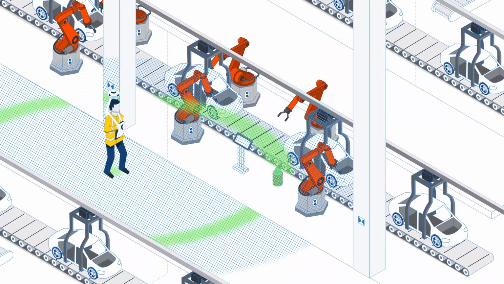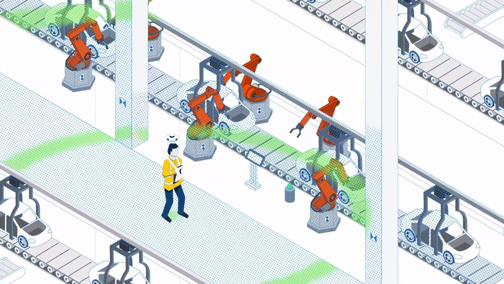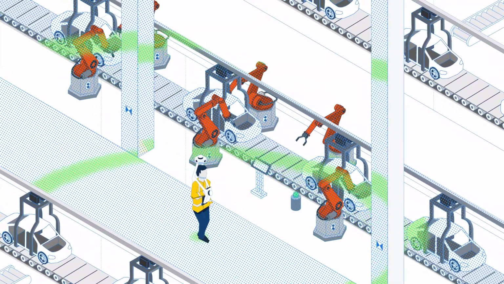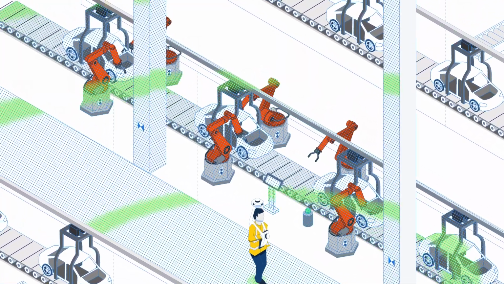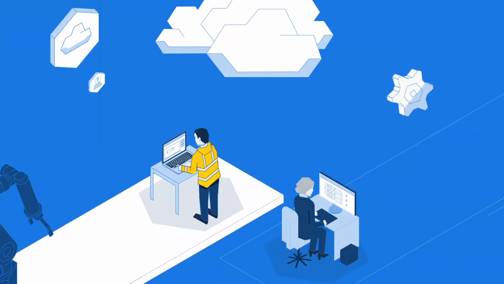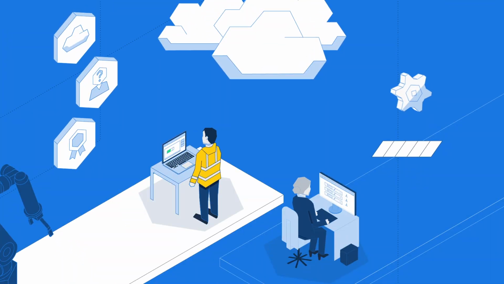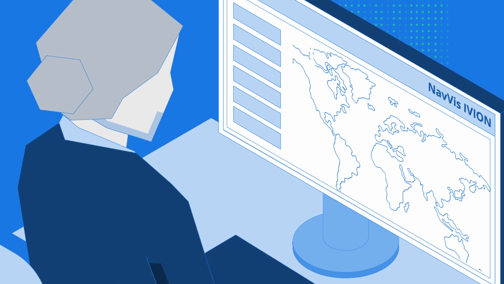Once the area is identified, trained staff from Navis or from your team quickly rescans it using Navis VLX, a state-of-the-art 3D laser scanner designed for fast and accurate capture of buildings and assets. The data is then safely processed in the cloud, anonymized, and geolocated in your production network based on the pre-established control points. Once processing is done, the data is easily transferred to Navis Ivion.